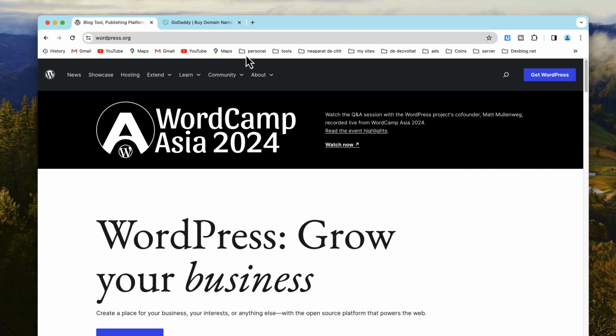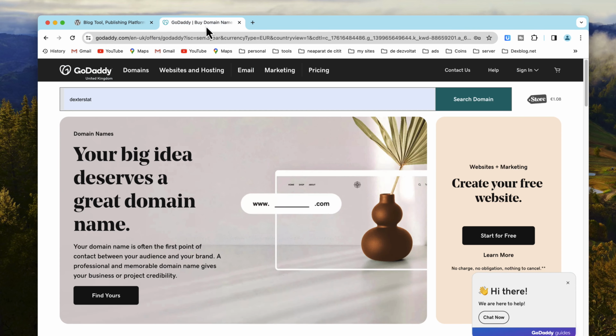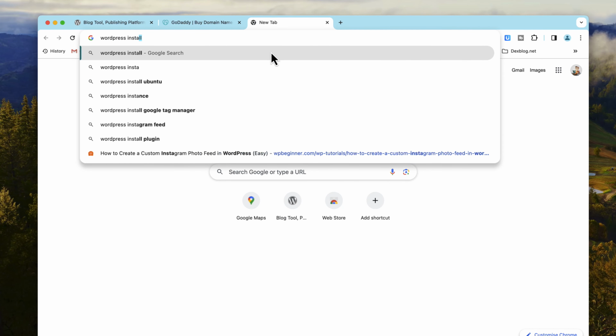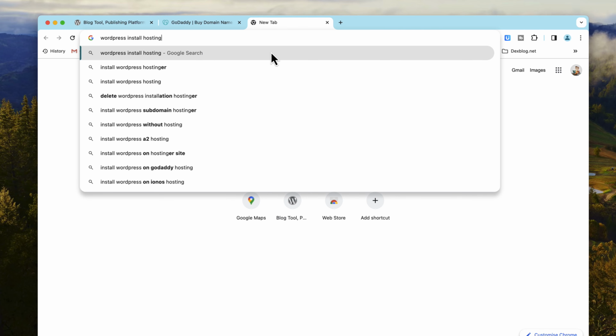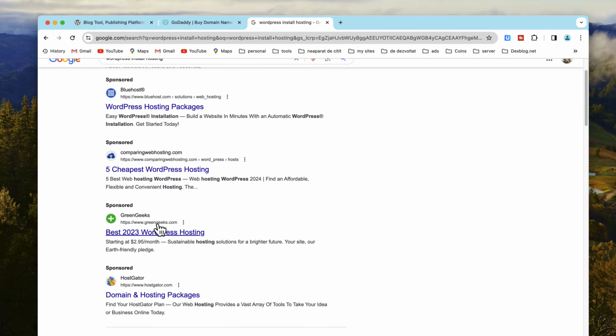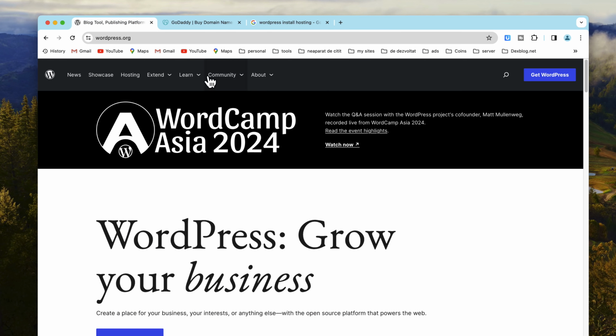If you're installing WordPress through your web hosting provider, simply log into your control panel and look for the WordPress installer. Follow the prompts and provide the necessary information to complete the installation process. If you're downloading WordPress from WordPress.org, you'll need to upload the software to your web hosting account using an FTP client or file manager. Once the files are uploaded, you can visit your website's URL to start the installation process.